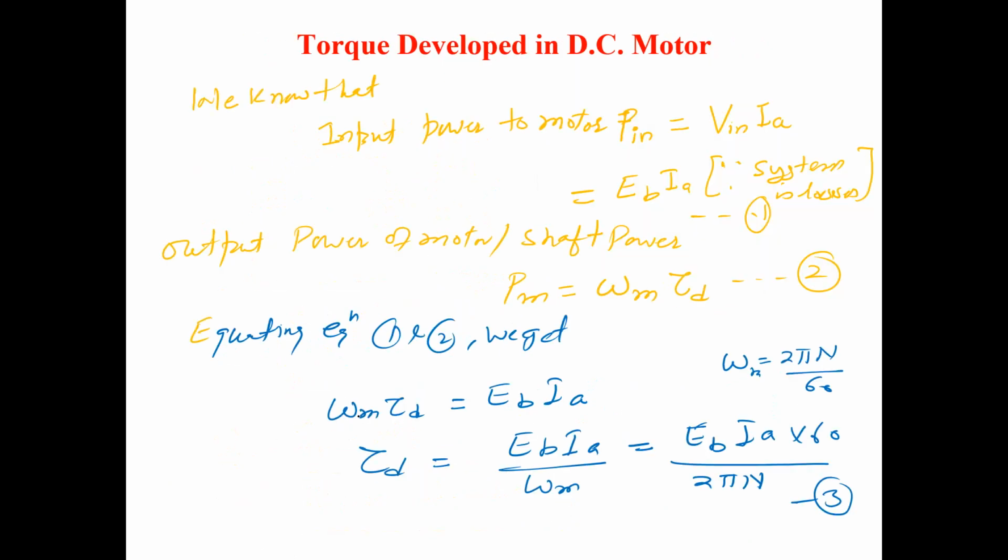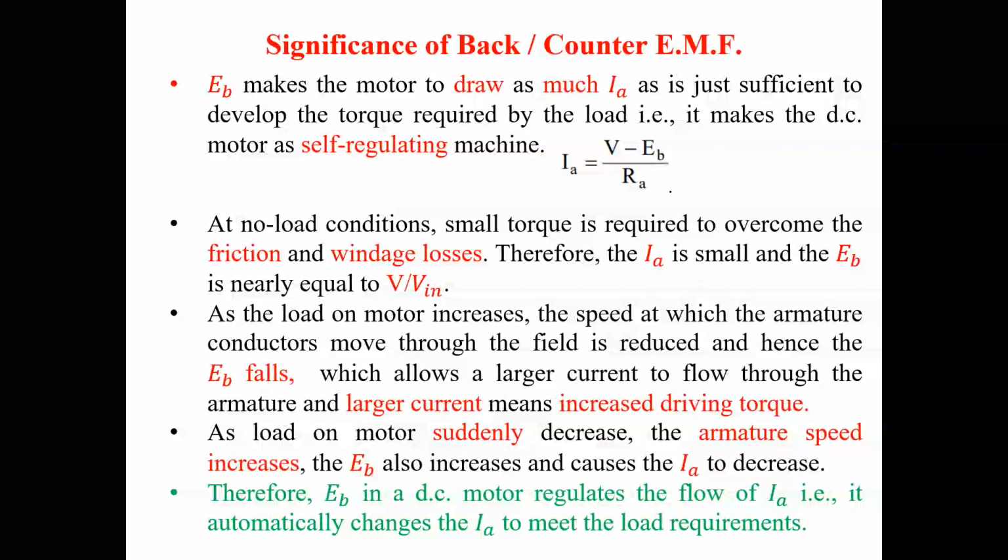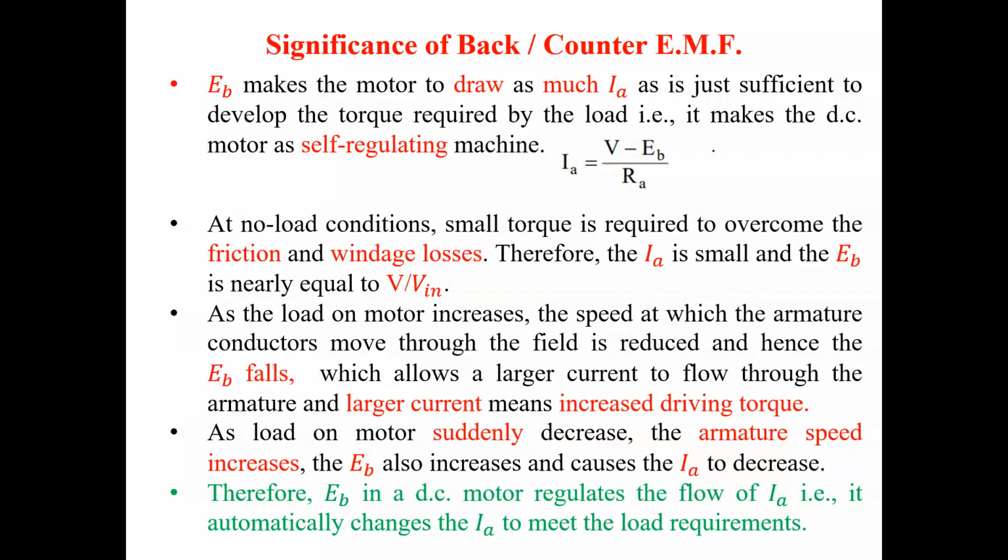But initially, when the motor is starting, the value of back EMF is 0, because back EMF directly depends upon speed, and initially the speed of the motor is 0. If this is 0, then the back EMF will be 0. If the back EMF is 0, the armature current depends solely upon the input voltage. For example, the input voltage is 220 volt and the armature resistance is, say, 20 ohms, which is very high. Practically it is 10 or some more ohm. If we take 10 ohm, then the current flowing through this motor is 22 ampere, which is very high.